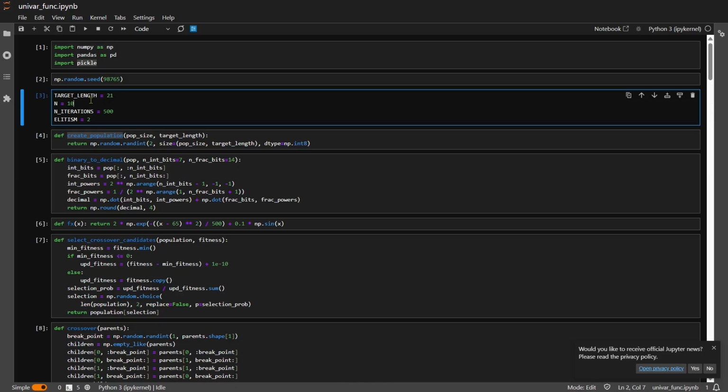Then we have n equals 10. This is just the size of our population. Then we have n iterations as 500. This is the number of generations that we'll be evolving through. And setting the elitism constant to 2. This just means that we'll be passing on the top 2 solutions from each generation to the next generation without